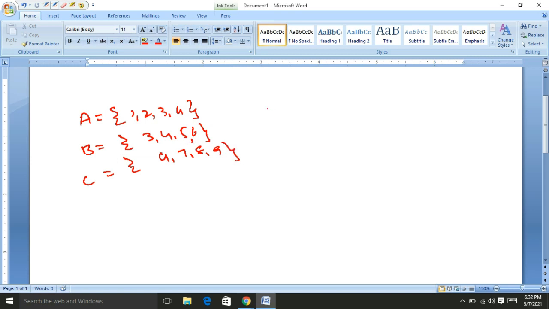Intersection in Python can be performed by using an operator. I write the ampersand operator for the intersection between two sets. Whether it is between two sets, three sets or more sets, I write the ampersand operator between all the sets.